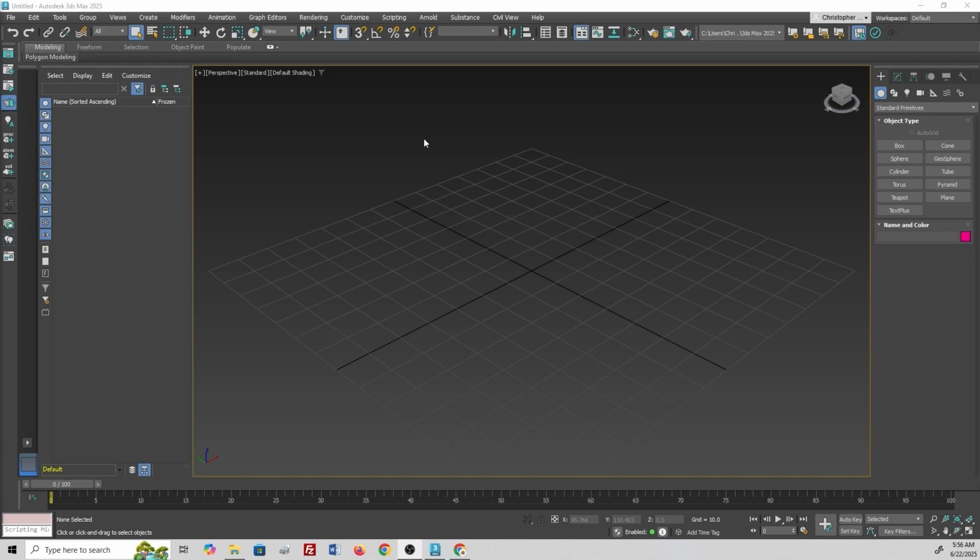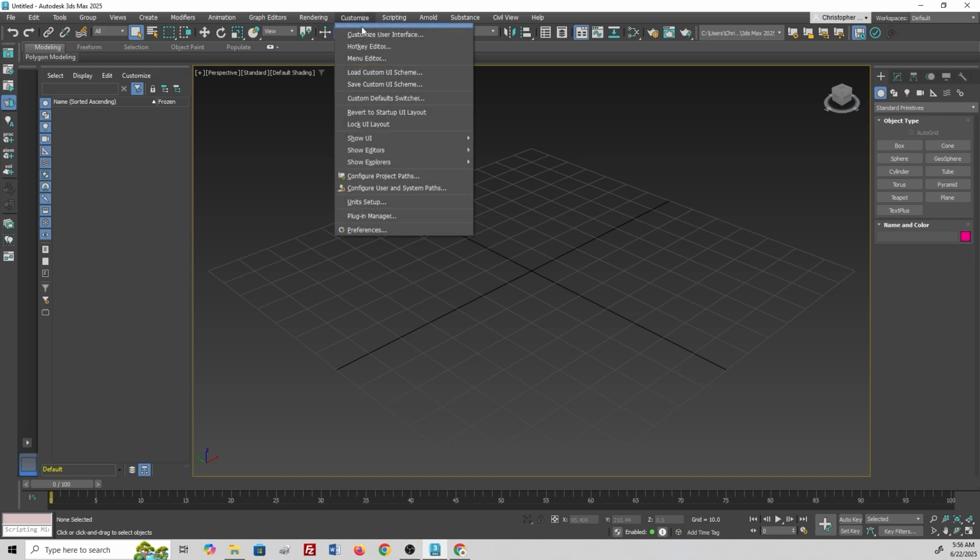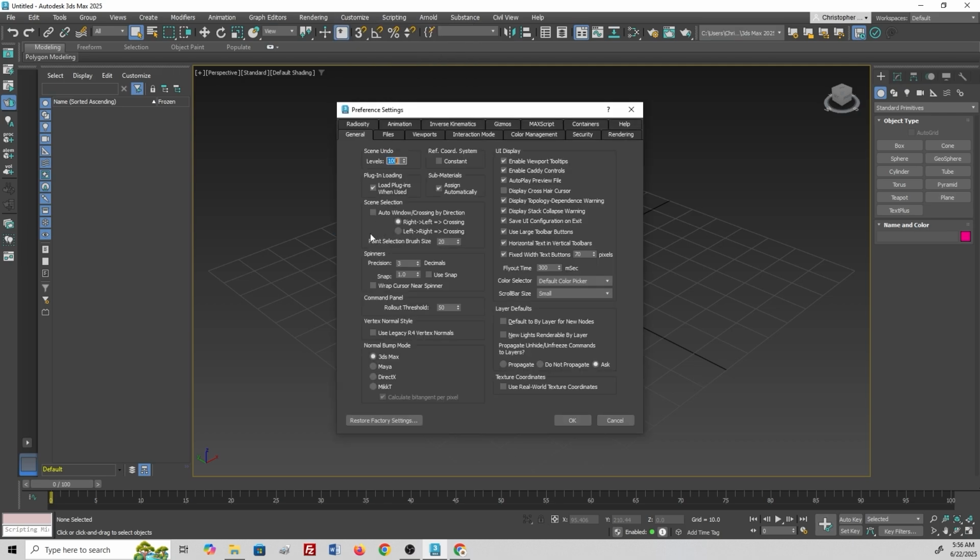We're going to start out by going to the top of the screen and clicking the Customize button. From here, we're going to come down to the bottom of the menu and press Preferences. This is where 3ds Max stores your settings, things like how often it saves, how many steps you can undo, and more. In the General tab, look for something called Scene Undo, right here. This is the levels of undo. Mine is currently set to 100, yours may be set to 20. If it is, then what that means is that